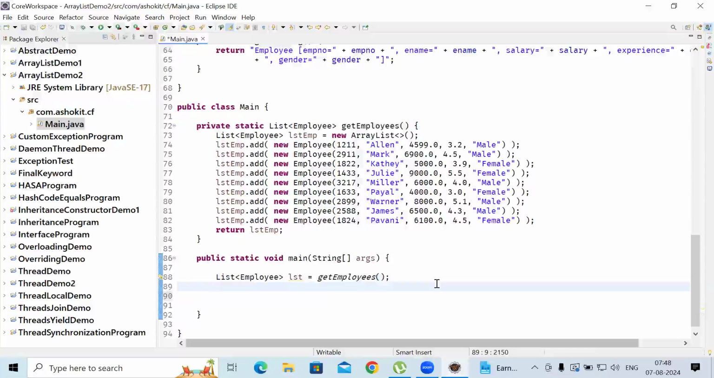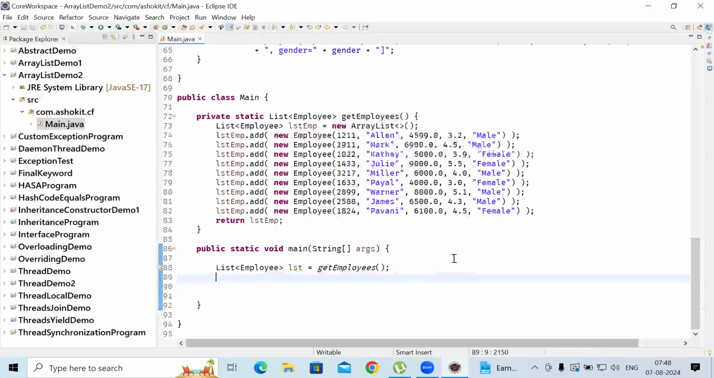Now let's start adding some. Our discussion is to work with array list. Now my array list object has how many elements? 9 elements are there, and all the 9 elements are employees. What I want to do now is only display